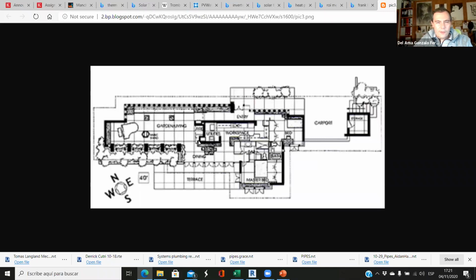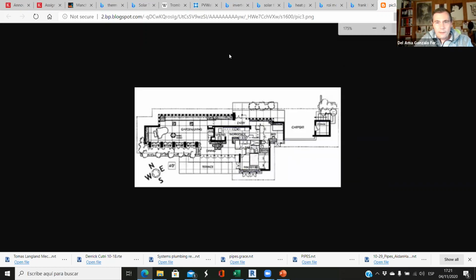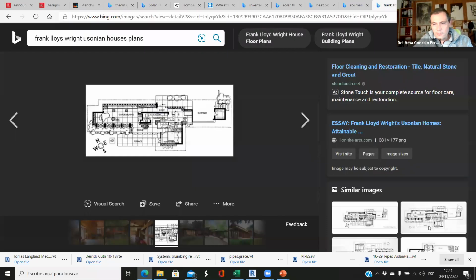Okay, so there is always a fireplace here in the middle of the house between the living room and the bedrooms, and big openings to the south, small openings to the north. Okay, so this is the key to success, and we are not better than Frank Lloyd Wright. So if he was doing this,